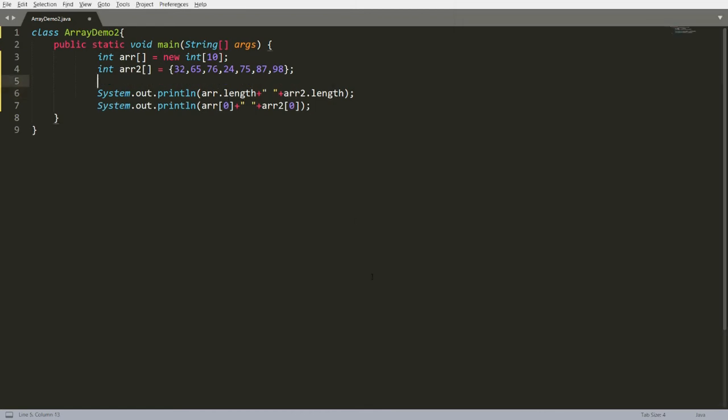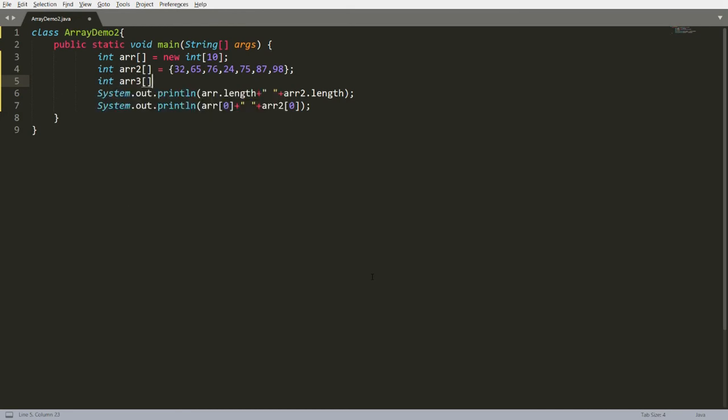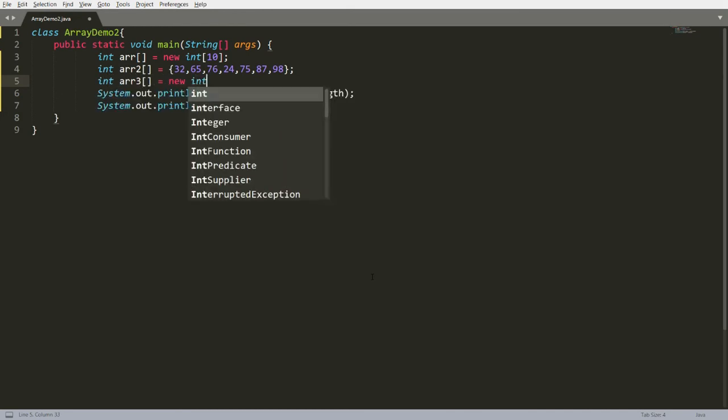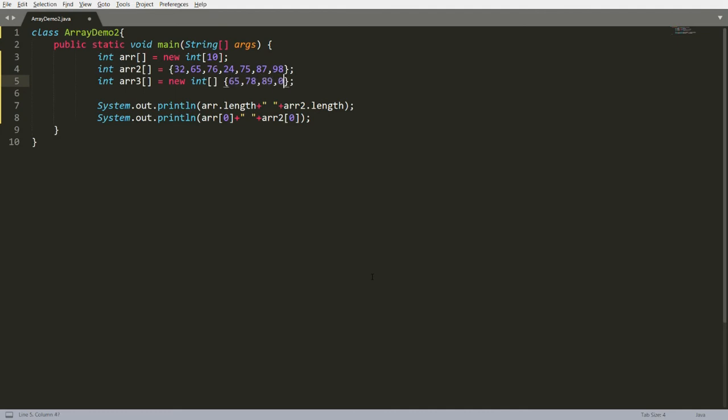There is one more way to declare an array, and that is what? Suppose you want to declare an array, then you can write new integer array and also define the values. This is another way to declare an array. Suppose my values are 65, 78, 89 and 77. Now I'm just saving this.